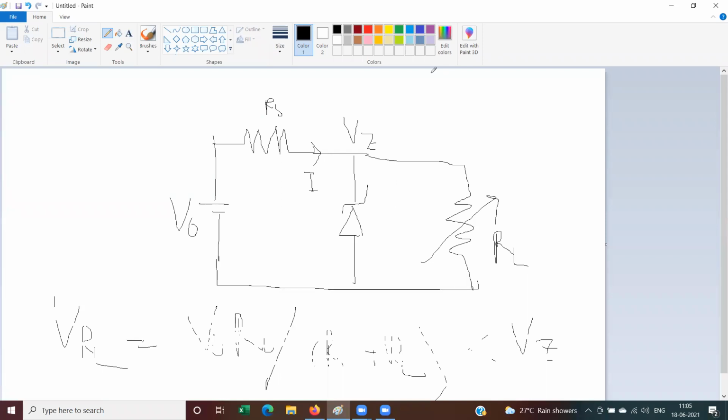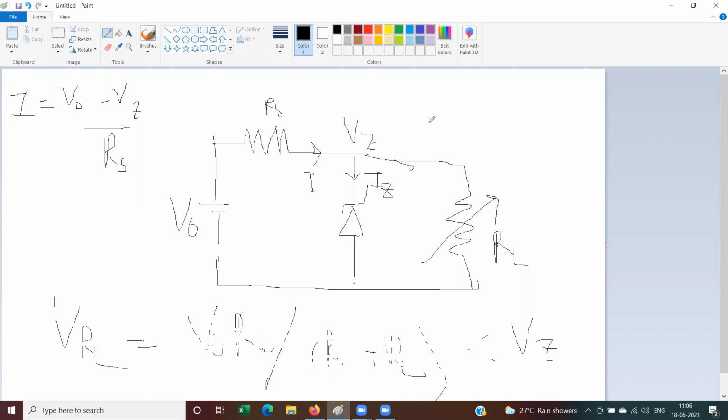This current I would be V0 minus VZ by RS. If V0, VZ and RS are fixed, obviously I would be fixed. Right? Are you there with me? Yes, sir. Okay. Now if this is fixed, now clearly by KCL, I would be equal to